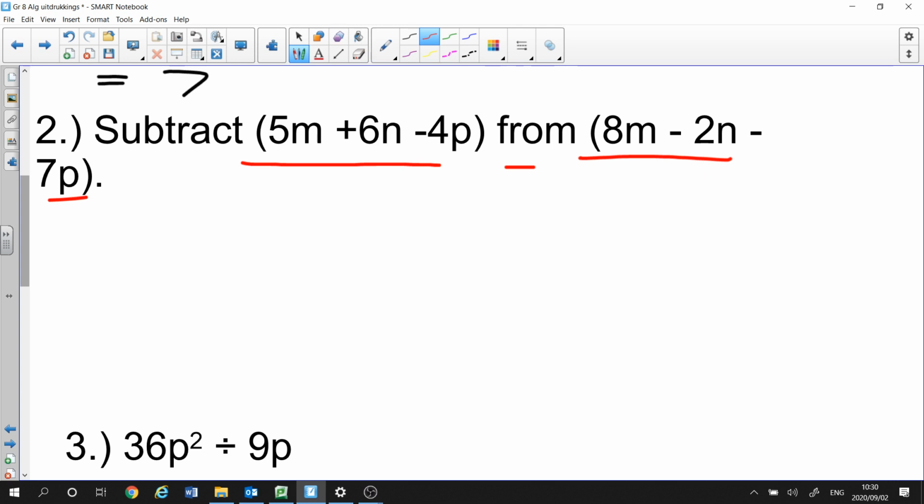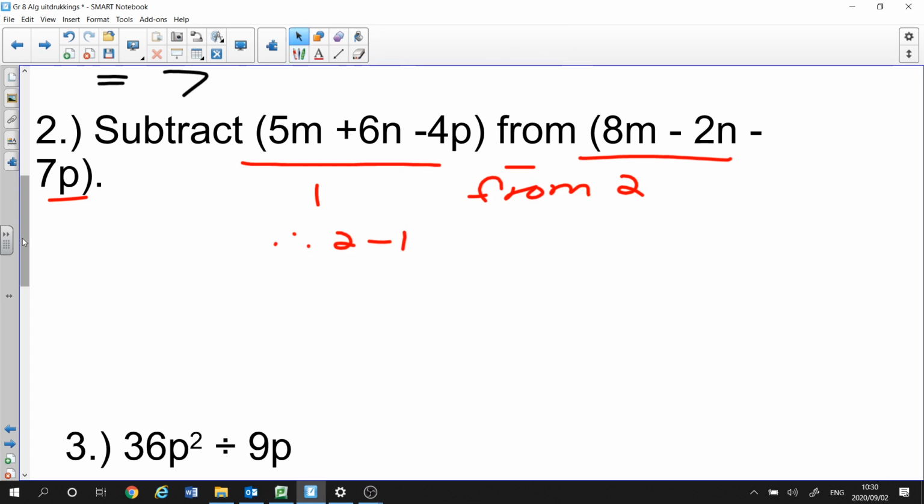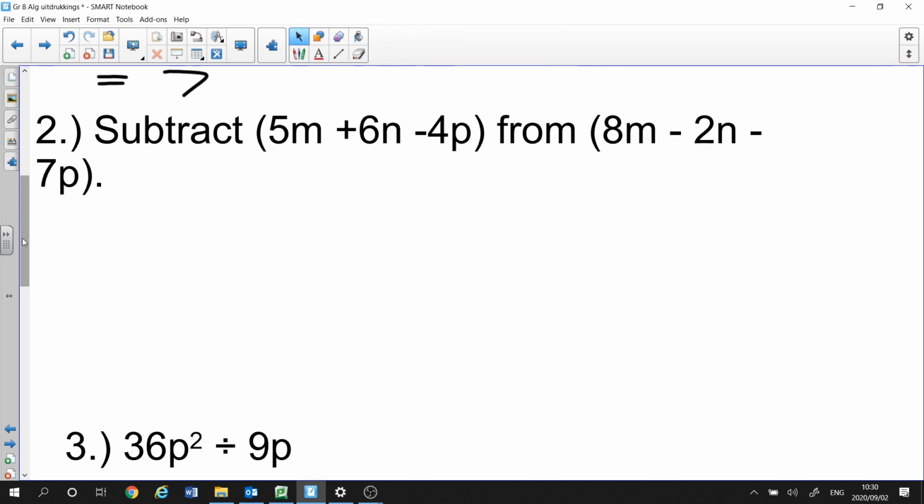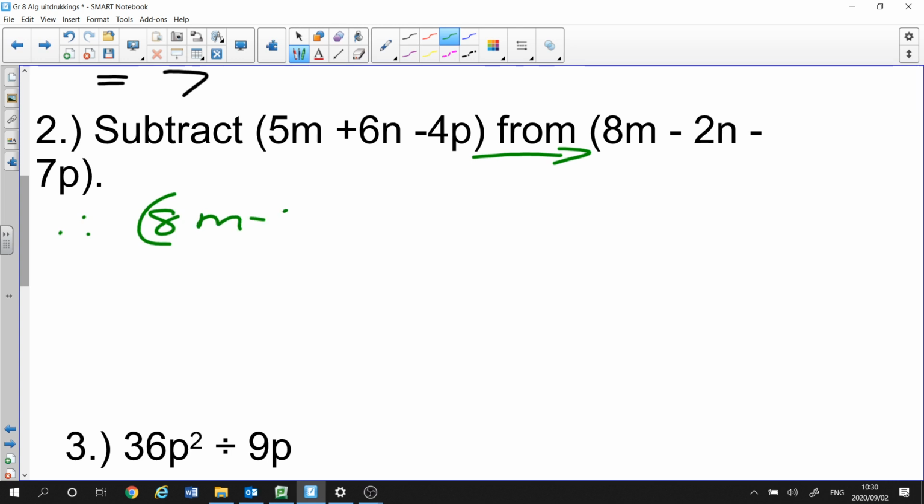For example, if I'm going to tell you, subtract 1 from 2, okay, it is 2 minus 1. Now, it is exactly the same with the algebraic expression. How to remember that? It's very easy. The expression after the word from is always first. So I will say 8m minus 2n minus 7p,